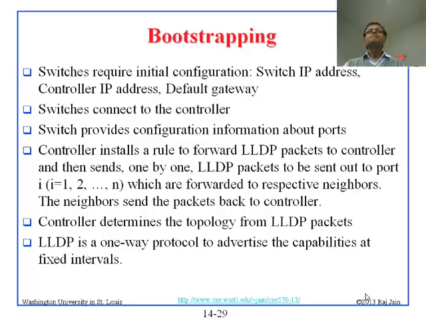Also in the specs it is written that the controller creates the LLDP packet. Not only the rule, but also it creates the initial packet. That's exactly what it's saying. The controller sends n packets to the switch to be sent out to the neighbors, and those n packets are forwarded to n neighbors. So last time we were not sure where the packet starts. It starts from the controller and ends at the controller. Okay?